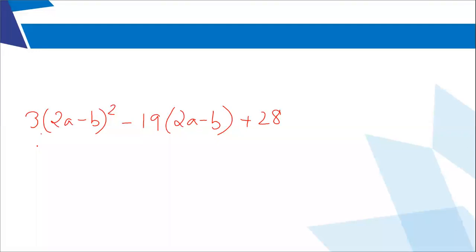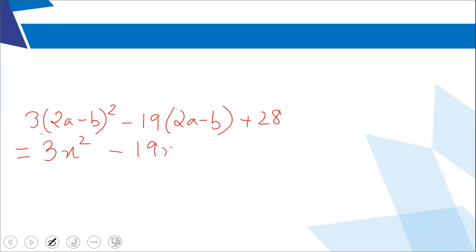Okay, tell me, Toshit. Ma'am, in first bracket it will be 2a minus b. Then square bracket, then 3, then one bracket 2a minus b plus 11. No. Ma'am, I know how to do it. Ma'am, can I tell? Cheshta? Yeah, tell me. Ma'am, we'll just take 2a minus b, that whole bracket, as one variable. Okay. Like x, for example. Yeah. And then we'll solve it. Like 3x square.